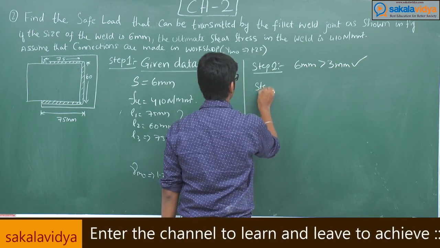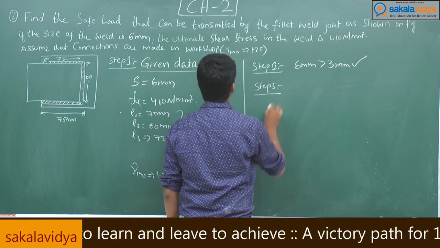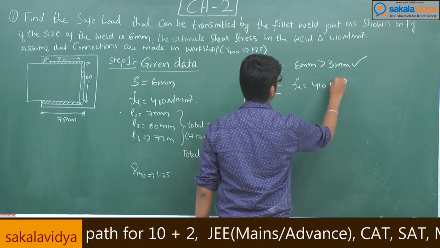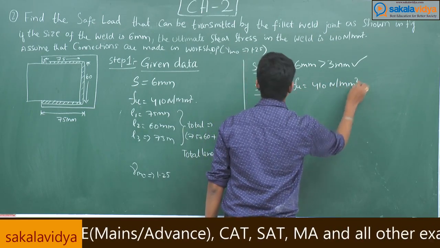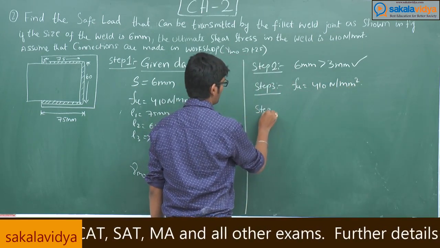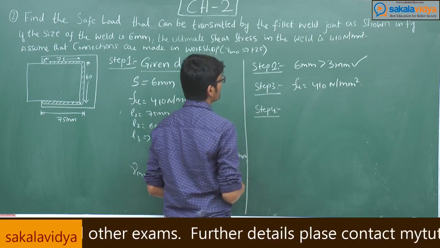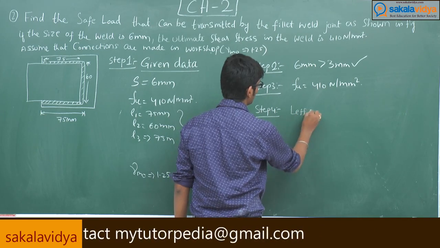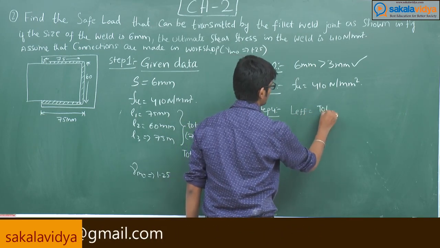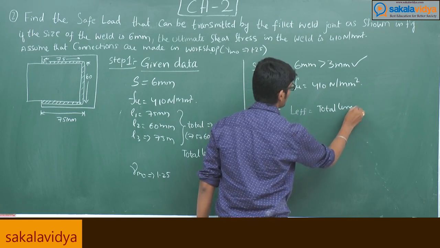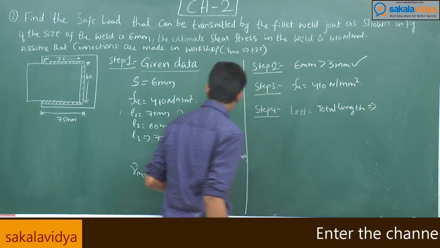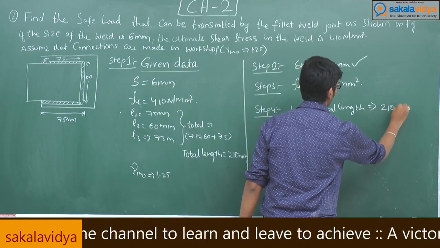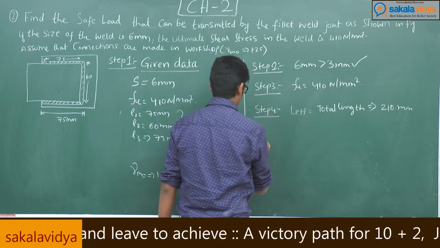Step 3, that is ultimate shear stress. So Fu is equal to 410 Newton per mm square. Step 4, we have to find L effective length, that is L effective length is equal to total length, that is 210 mm. Step 5,